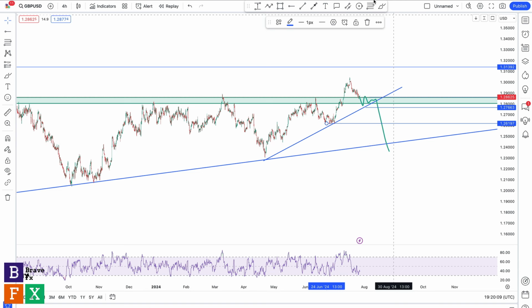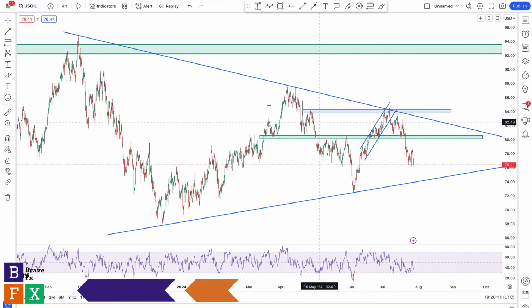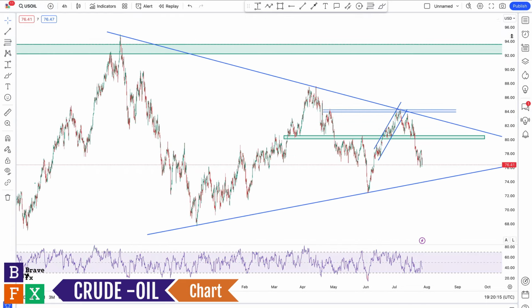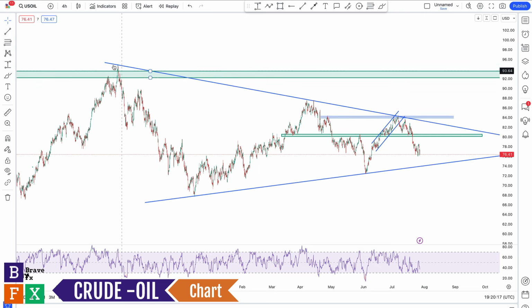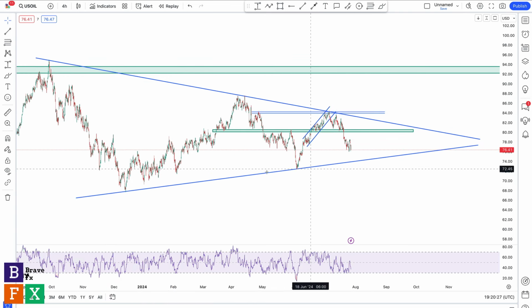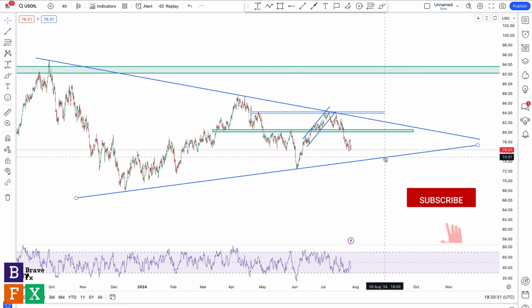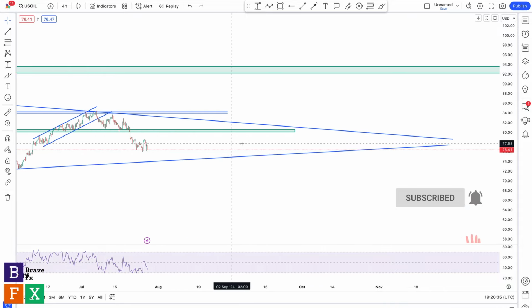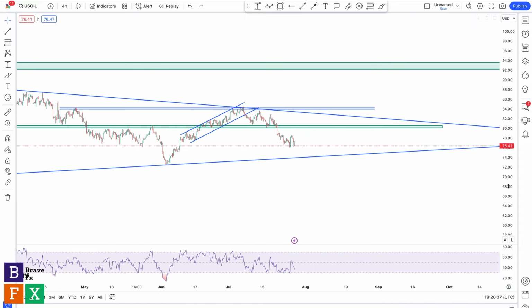Lastly, we're going to be talking about crude oil. I won't be spending too much time on this because you know where I stand. We've been talking about the possibility of a reversal to the downside. So you have 1, you have 2, 3, 4. And you can see price clearly coming into this area of support, which is the lower bound of the symmetrical triangle, right? So I'm simply going to go down to the lower time frame to see what we have down